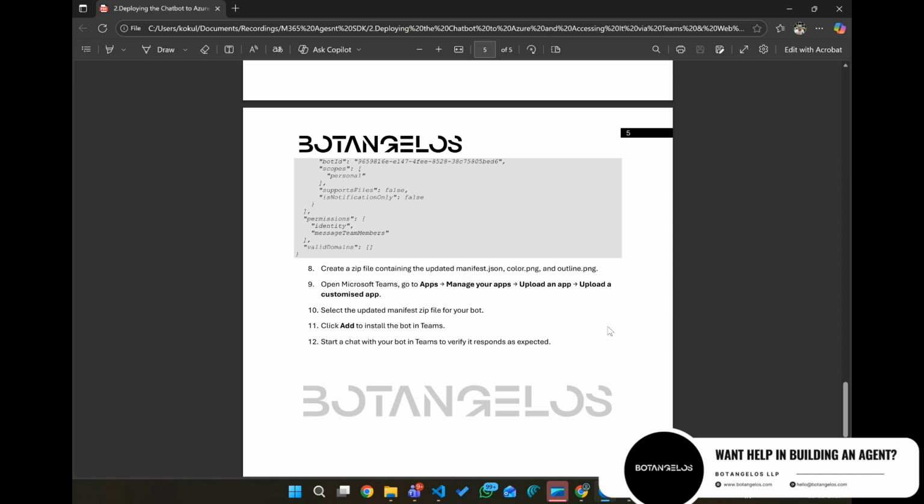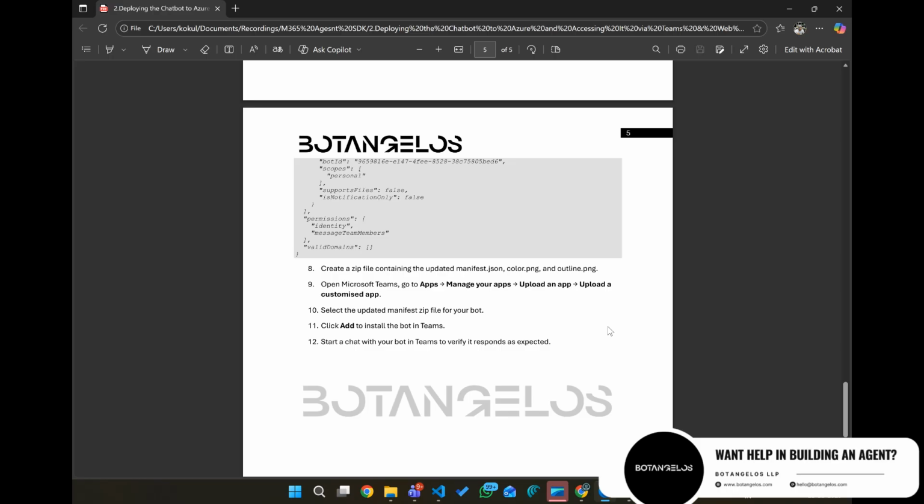So Azure Bot Service is connected to the code through tunnel, and Azure Bot Service we have tested using test web chat, and also we have created the manifest.json file, added the color.png and outline.png file, and created the zip file, uploaded to the